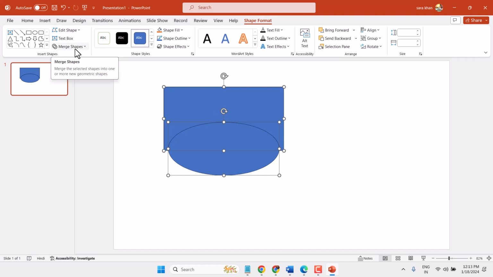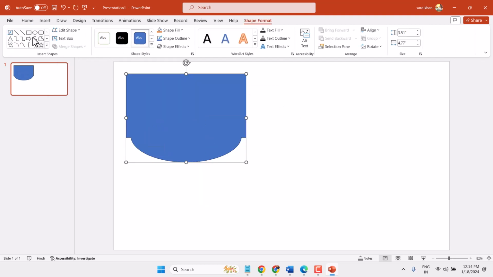Now here you will see the option merge shapes. You can merge in union form, and same you can merge